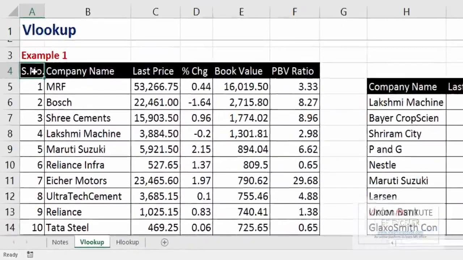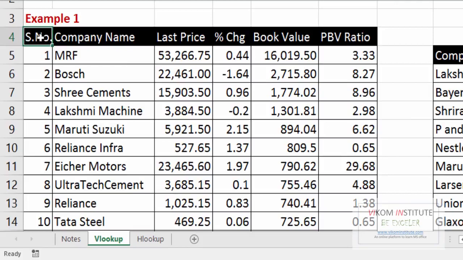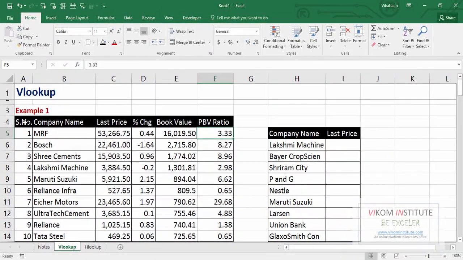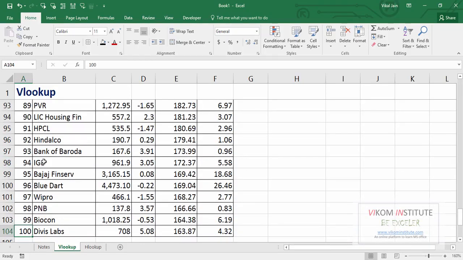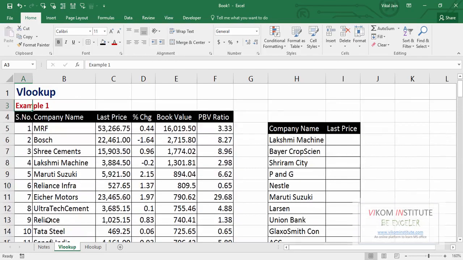So here is my rough data. See, here is serial number, company name, last price, percentage change, book value, PBV ratio. So you can check, here are 100 names. Now my boss has given me a task. See, here is Lakshmi Machine. So what I need to do, I just have to find out the last price of